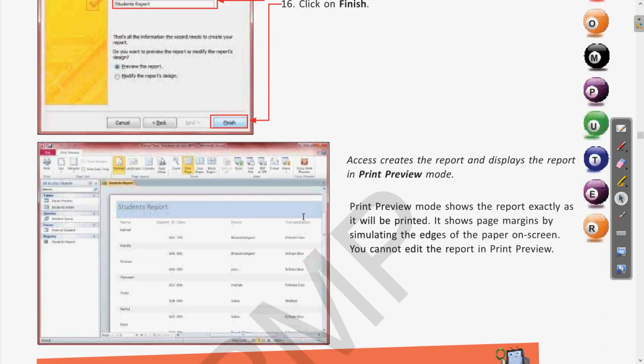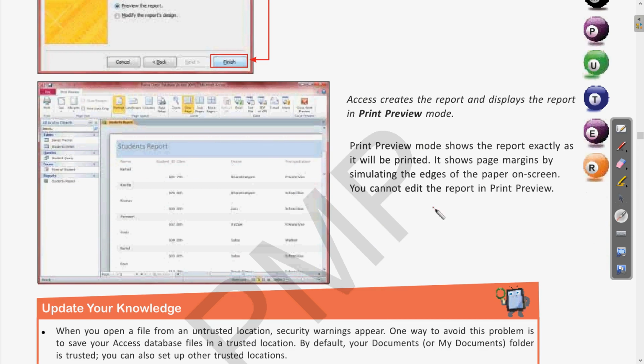This way the report has been generated, and we have seen all of these steps in the previous classes. The report which is generated will be in the print preview mode. Clear? Whenever we want to print something, before printing the document we see the print preview. So we get a similar view when we use the wizard for creating the report.